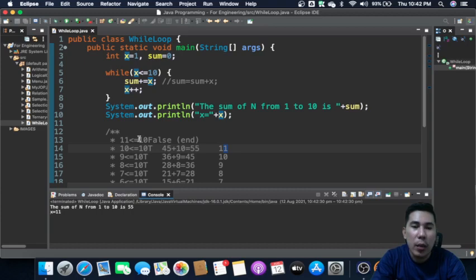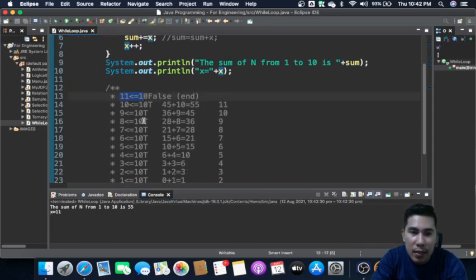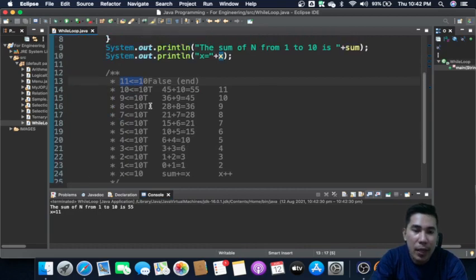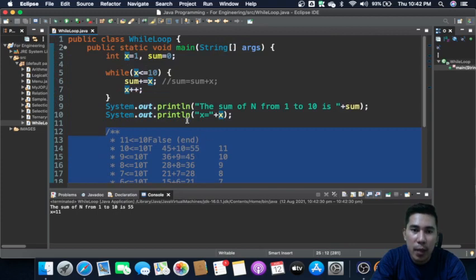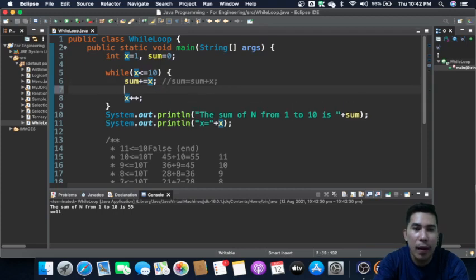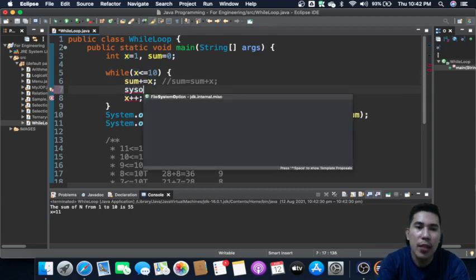Now, what if you want to display these things right here, to check if what's really happening inside is correct? You can do this by creating a statement right here. Let's say you have an output statement.